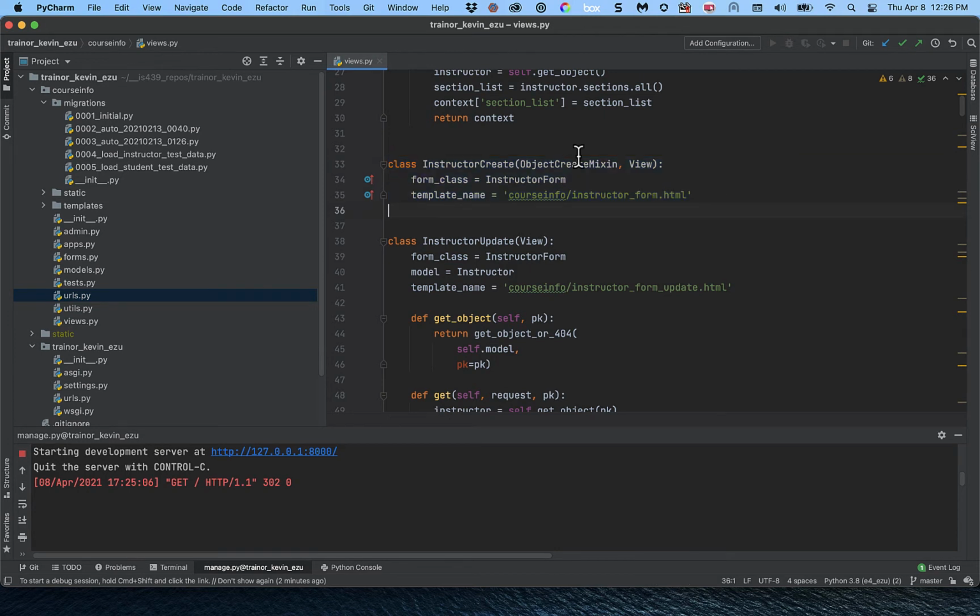It's called Instructor Create. It's a subclass of View. We have to populate 2 instance variables, one that points it at the form and the other one that points it at the template. And one thing that we want to avoid is we have this object create mix-in, which